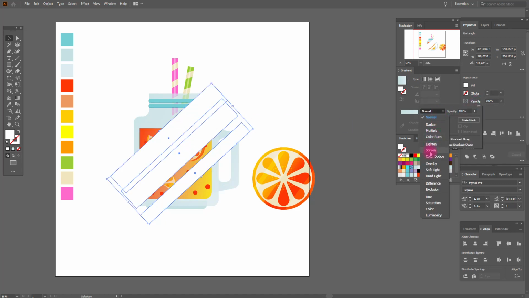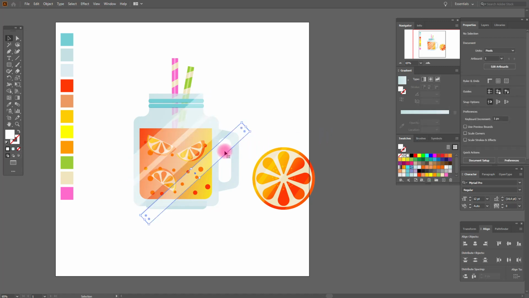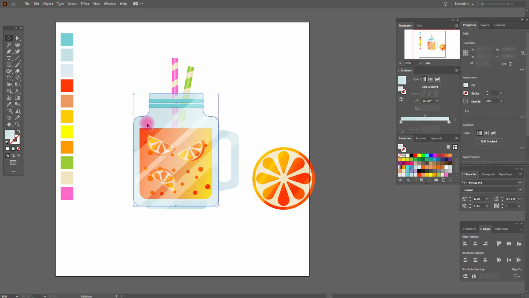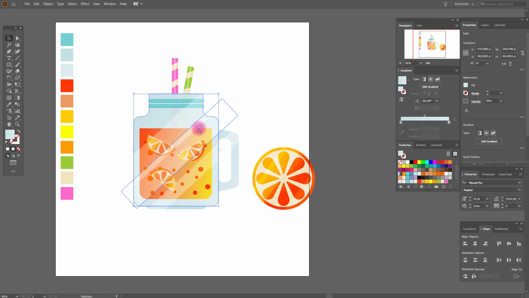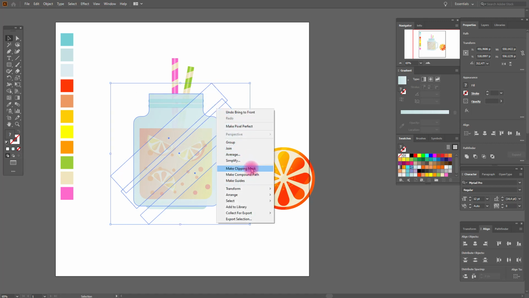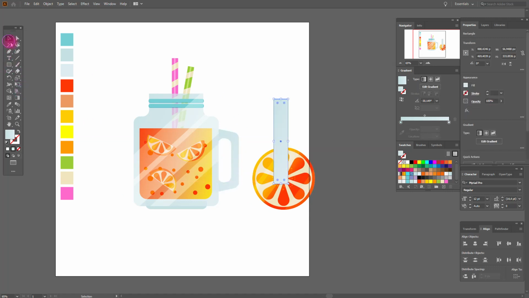Select everything and soft light, and select this highlight and this highlight, and opacity 50. Great. And select this shape, copy and paste, and bring in front and select all highlights and this shape and make clipping mask. Great. And we need to make a highlight here, again rectangle, make it like this